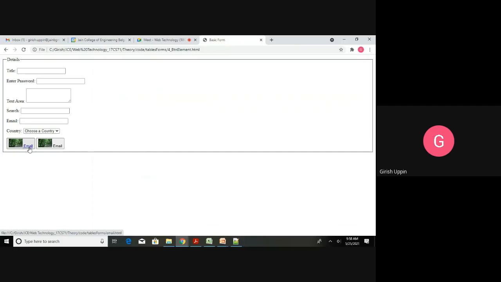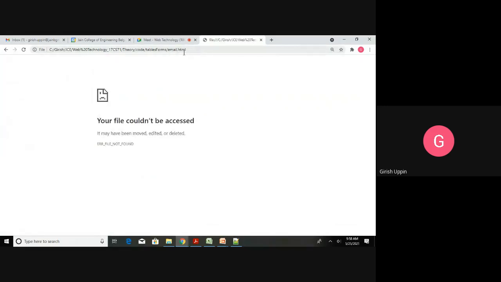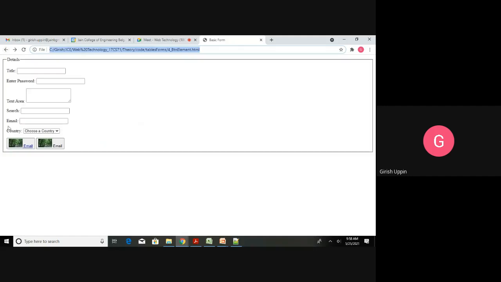It is in the form /email.html. And I can also have a click event on this particular thing, and this is a pure button. So this is a pure button which will work. If I click on this link, it will try to get into that email.html. Right now I don't have that file, but it has taken you to email.html, right?